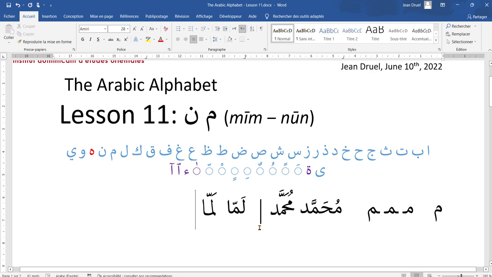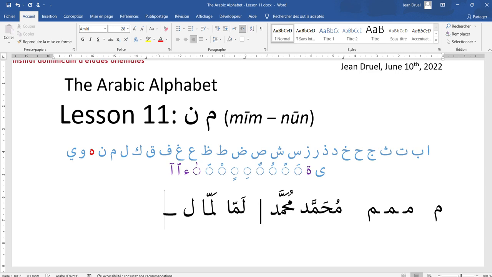If you don't recognize the letter, here you can recognize a lam, because in the initial position, connected to the left, it can only be a lam. It can't be an alif, because alif would not be connected on the left. So it has to be a lam. Then you recognize the alif because it has to be at the end and not connected. But what happens between the two here is a mim. So expect to see a lot of them with a mim.